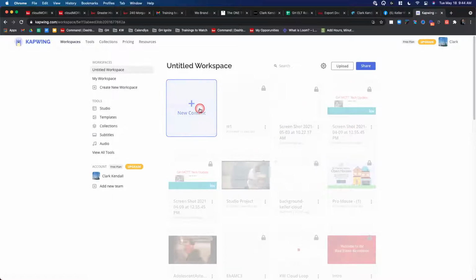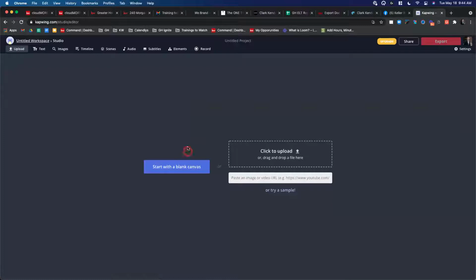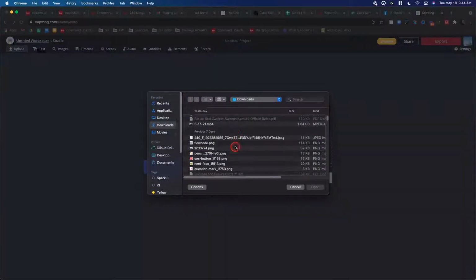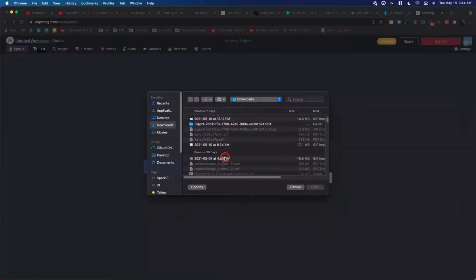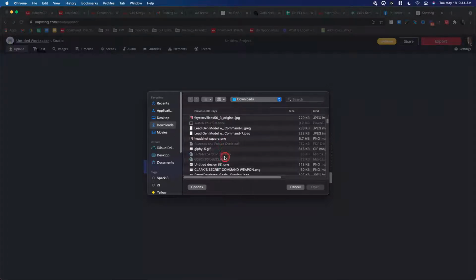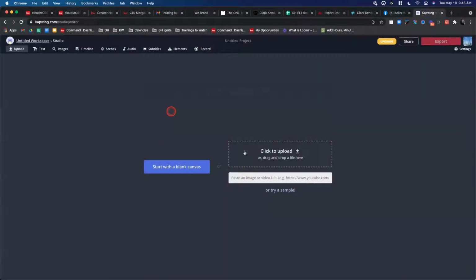I think all those are locked. Oh, it's because they're older. So yeah, if I have my MP4, then I can upload it. You can upload any MP4 in Capwing, and then when you go to export it, it can export as a GIF. So Capwing's free too. There's always upgrades and sell-ups and stuff like that, but I haven't paid for that before. I like Capwing. It's really easy to use to create GIFs.